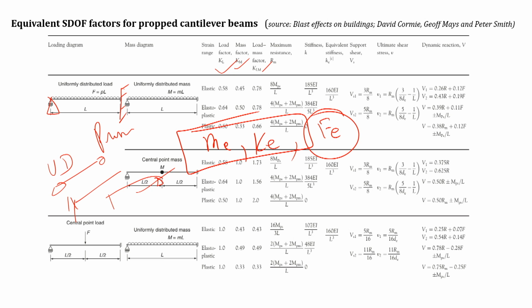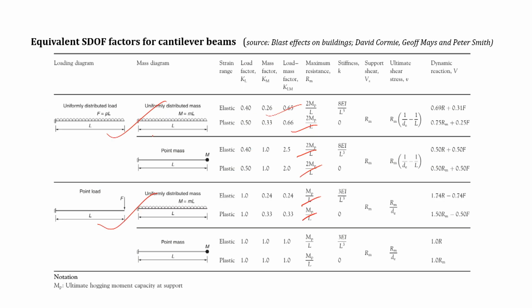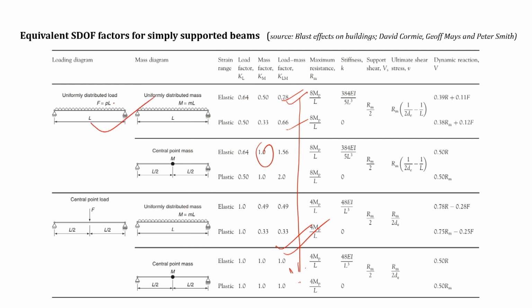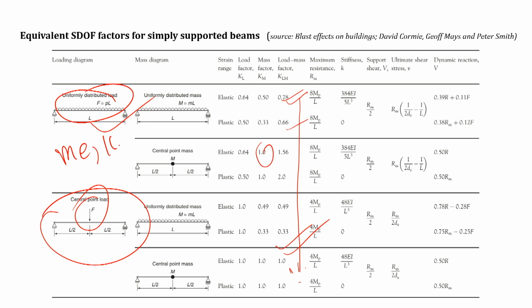When the system is subjected to a loading, and if the same mode shape and same degree of freedom is chosen, let us say in the case of a simply supported beam subjected to UDL load and a simply supported beam subjected to a point load, in both cases the equivalent mass and the equivalent stiffness will have the same values, because the frequency of the system cannot change depending upon the externally applied load. The frequency is not a function of the externally applied load.